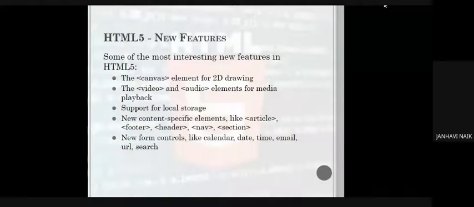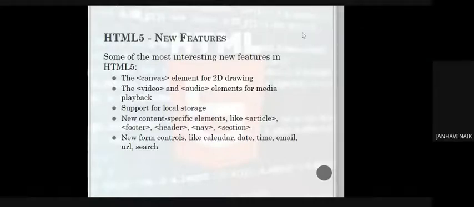Now in HTML5 new elements, these are some of the new elements which have really given programmers a new way and eased their work. These are some of the things which are very important. So if any question comes, list down some new features or new elements which are added in HTML5, you can write these particular points. At the end, I will show you how many features are added. There are approximately 20 new features added. These are still in the developing stage. There may be many more added further.